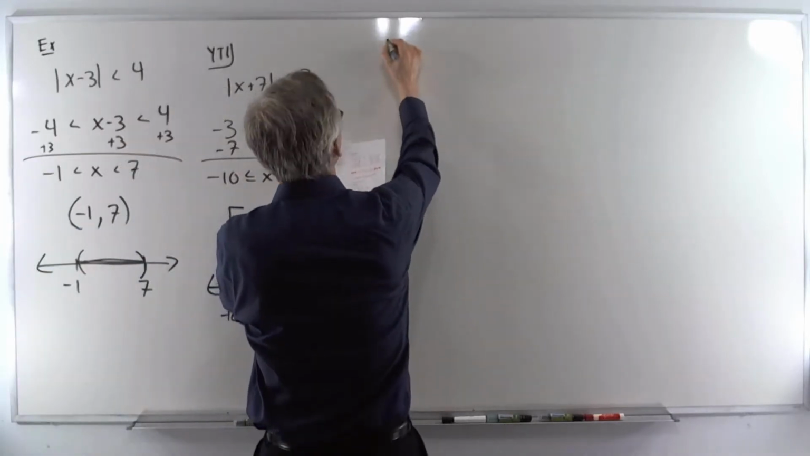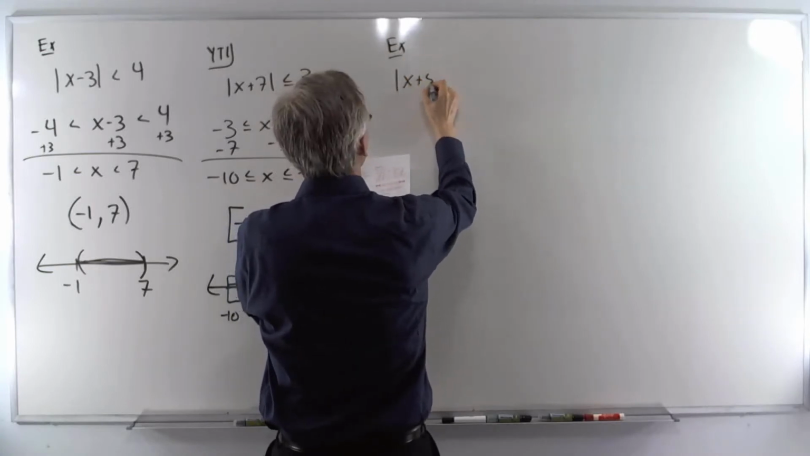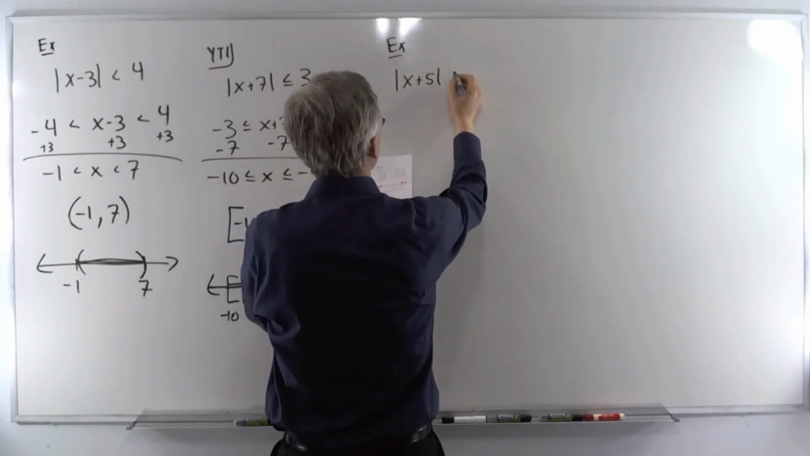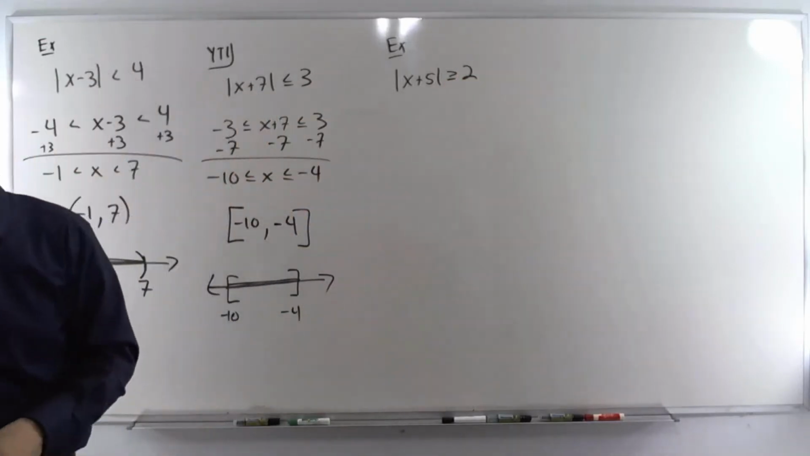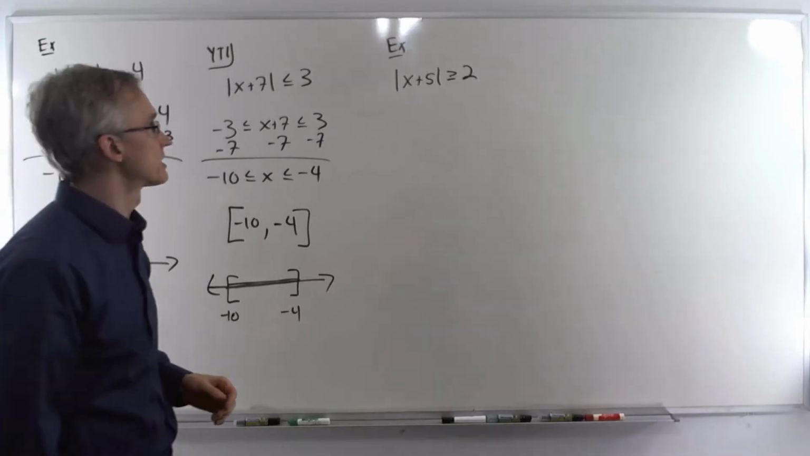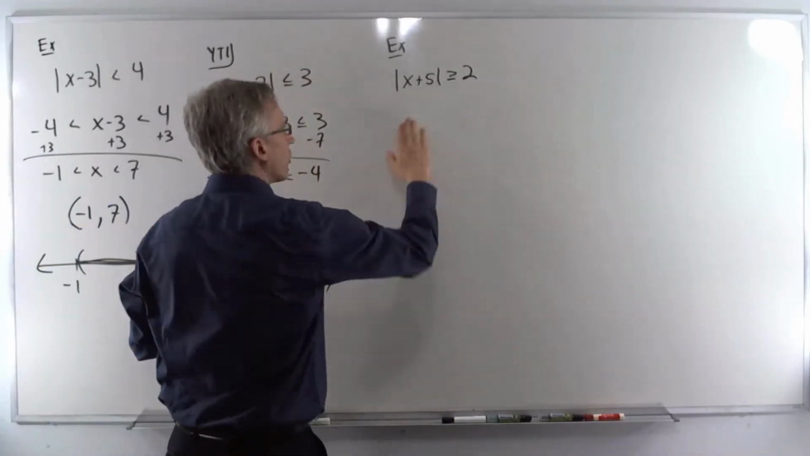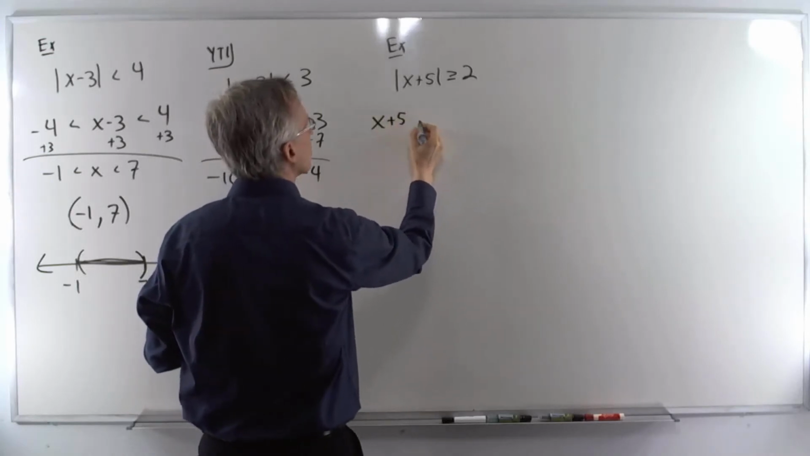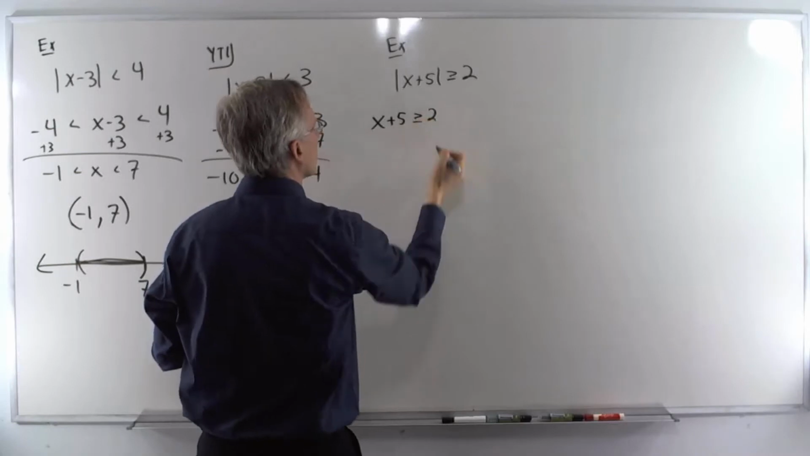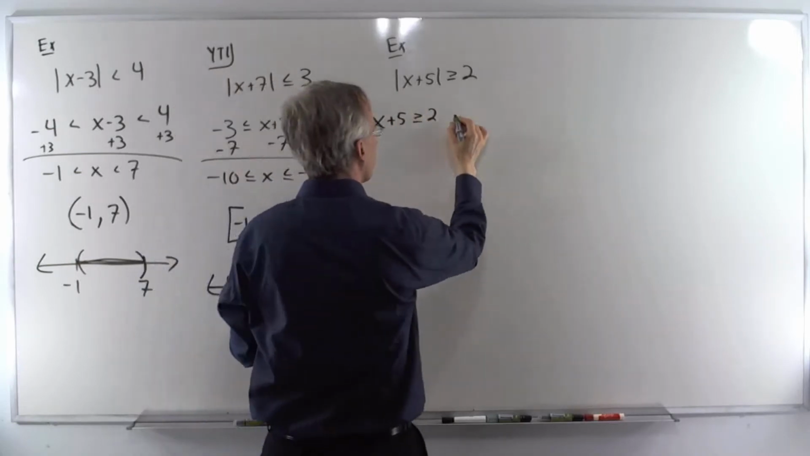Next example. We've got absolute value of x plus 5 is greater than or equal to 2. So in this case, we've got the absolute value is greater than the number. So this turns into an OR inequality. All right, we've got the expression without the absolute value bars. Everything else is the same. Or